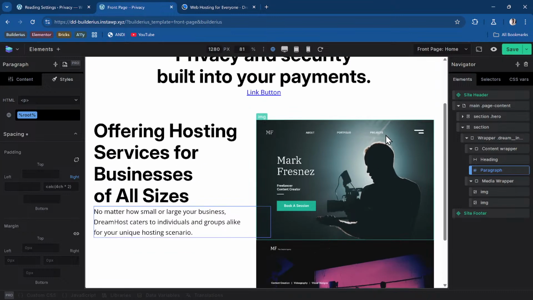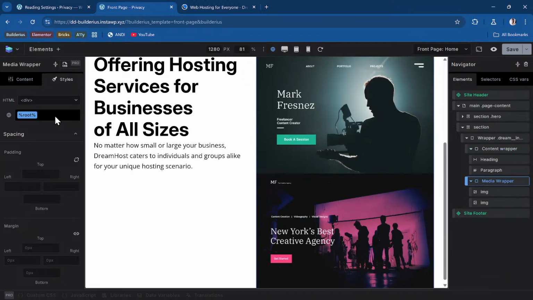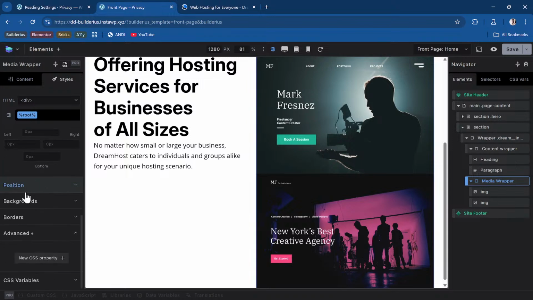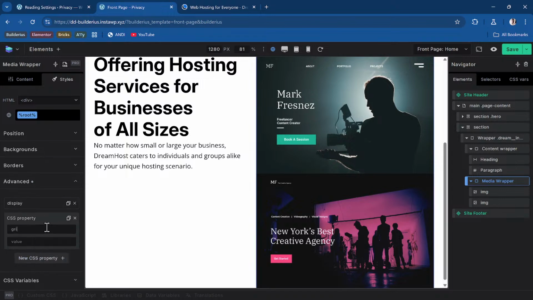Then we can now put the images. One will be top, the other one will be bottom right. So maybe I can use another grid there. So let's save this. Okay. And the media wrapper, let's just make that a grid as well. And I'll do another trickery. So I'll make that a grid. Advanced tab, say display grid. And I'll say grid template columns should be,